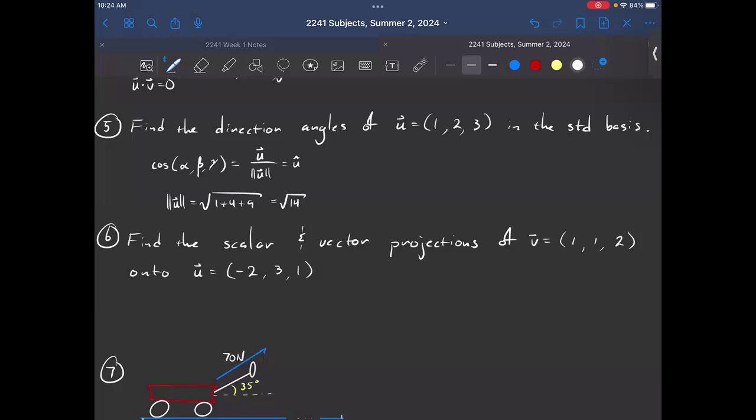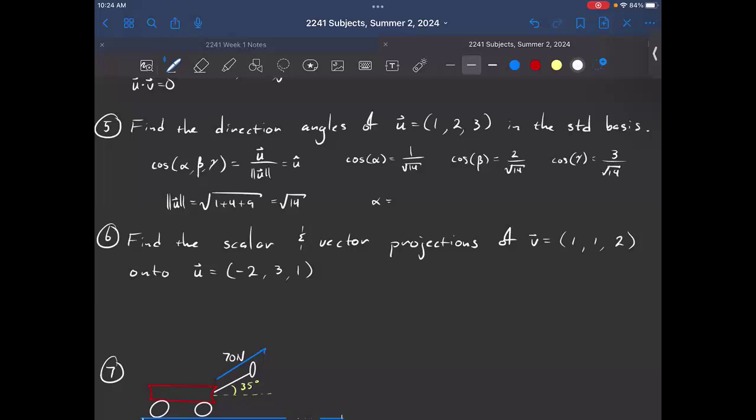Okay, so our norm is root 14, and we're going to divide all of these components by root 14 to get cosine of alpha equals 1 over root 14. Cosine of beta equals 2 over root 14. And cosine of gamma equals 3 over root 14. All right. And then if you go ahead and take the inverse cosines of these, you should get